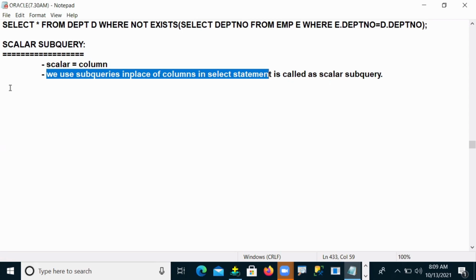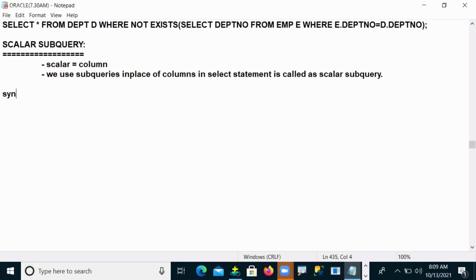I will give the syntax here, and it is simple to understand. Generally, your select query syntax is: select star from table name. Yes or no? This is a general select query request.